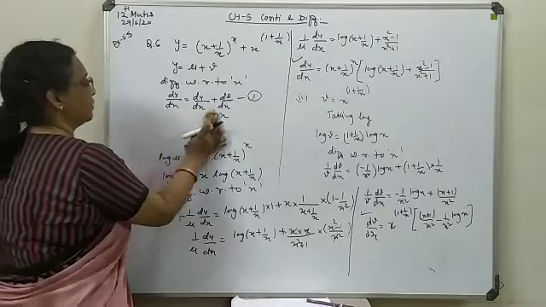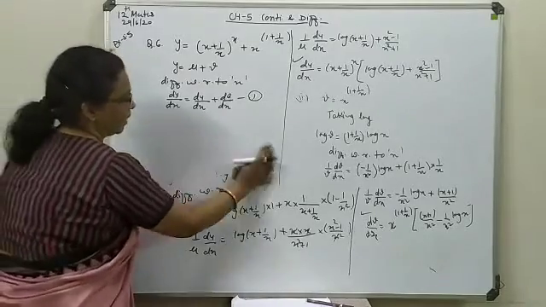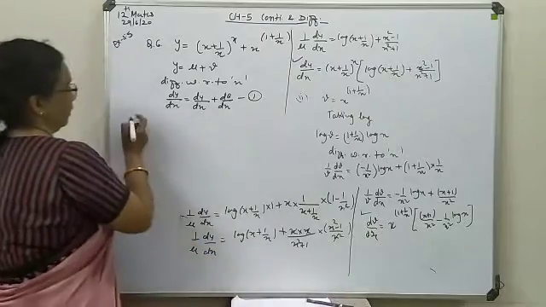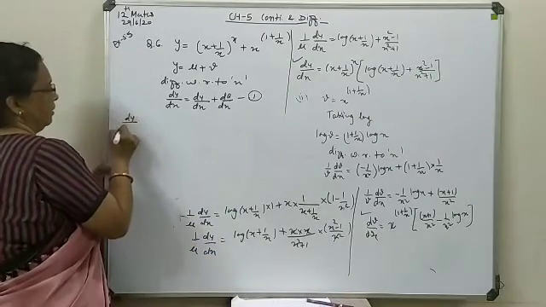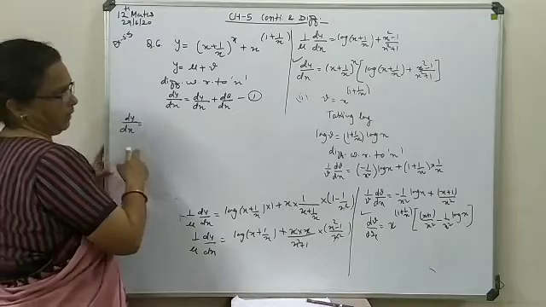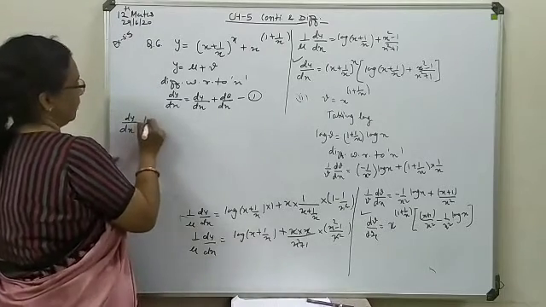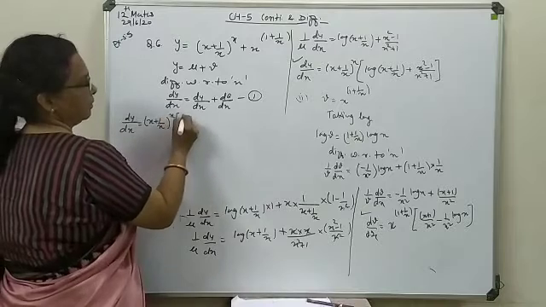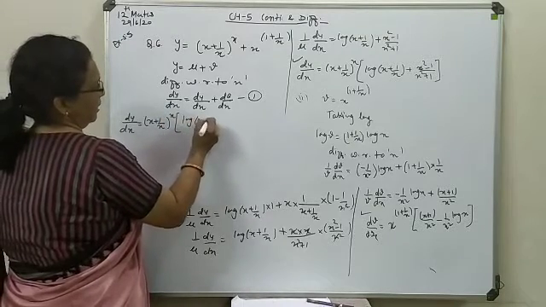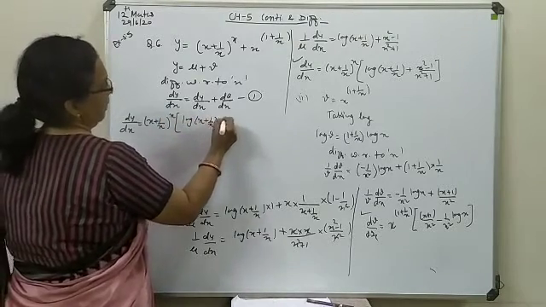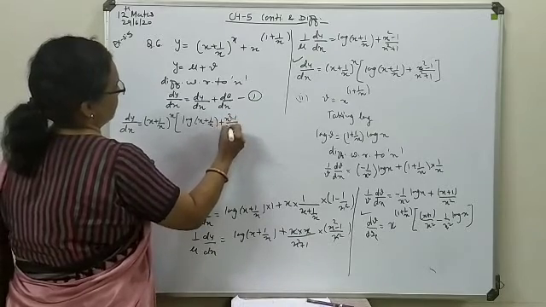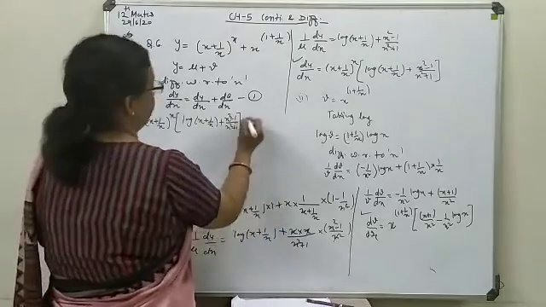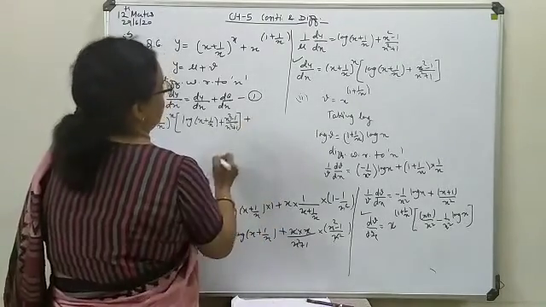So for the final answer form, combine these two derived forms. dy by dx will come out as (x plus 1 upon x) with power x, times [log of (x plus 1 upon x) plus (x square minus 1) upon (x square plus 1)]. This is the first function, followed by the second one, plus